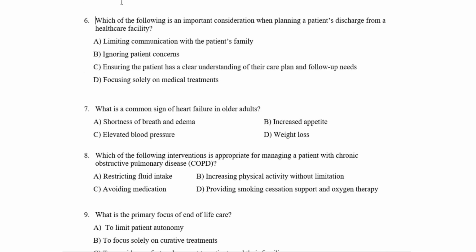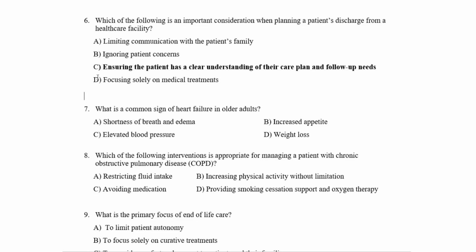Well, त्यसैगरी हामी क्वेशन नम्बर 6 मा हेरौं त। Which of the following is an important consideration when planning a patient's discharge from a healthcare facility? Option A मा रहेछ, limiting communication with the patient's family. Option B मा रहेछ, ignoring the patient's concerns. Option C मा रहेछ, ensuring the patient has a clear understanding of their care plan and follow-up needs. Option D मा रहेछ, focus solely on the medical treatment. यसको सही उत्तर हो अप्सन सी।